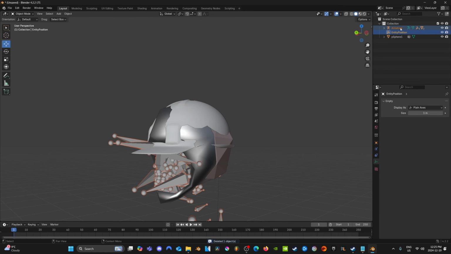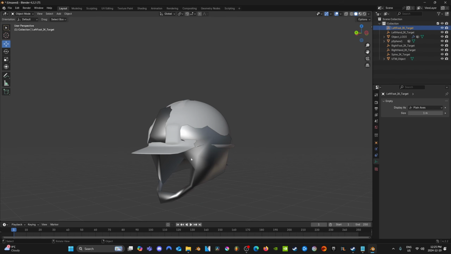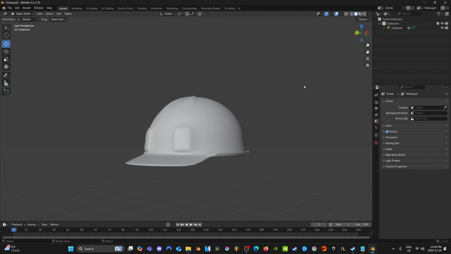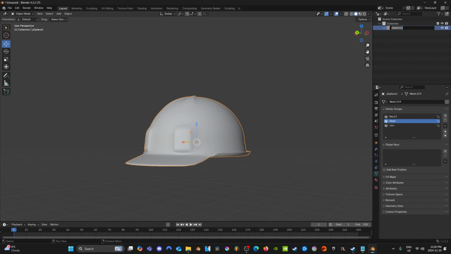So I just have to go up here and delete it. You'll notice when you start deleting things, sometimes nested objects start to pop up. So just delete everything, and you're going to want to keep the P-Sphere 1 because that's the helmet. If you want to rename it, because it could get confusing, you can just double click it and call it something like